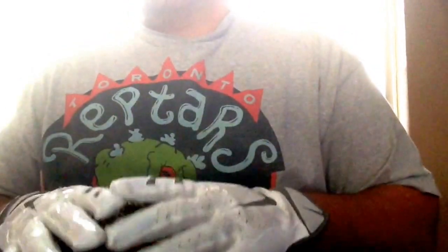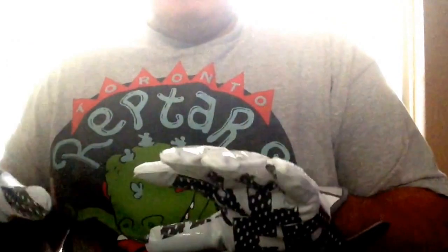And one thing I did realize that they had in the old ones too, and I don't know if you could see, if I could show you in the light, is the little graphic that you have on the leather, which is interesting. It's real cool, especially when the light hits it right and it kind of gives it that little gleam. Once you get these in person, they're going to look sweet, especially with the lights on bright at night, or if you play in the day. No matter what, these are going to be some nice